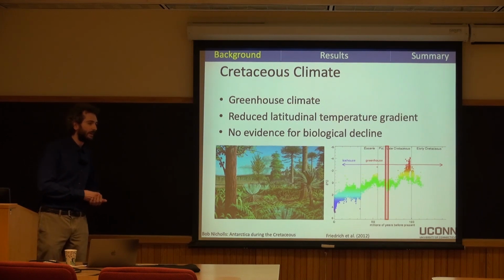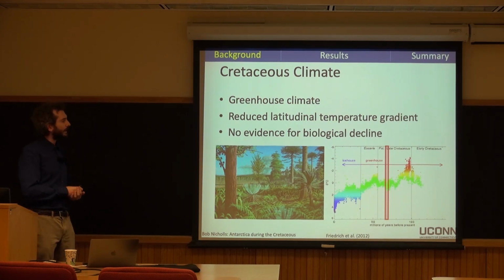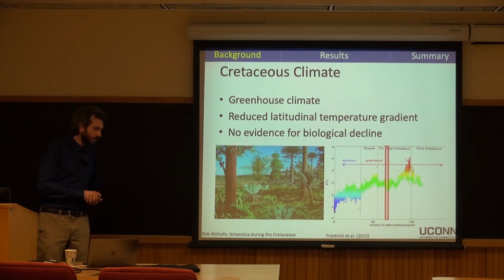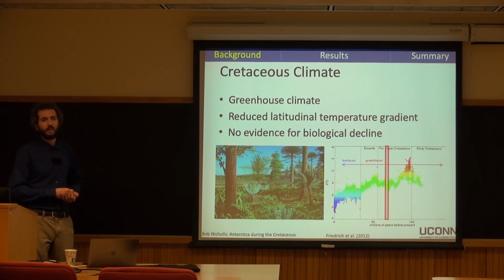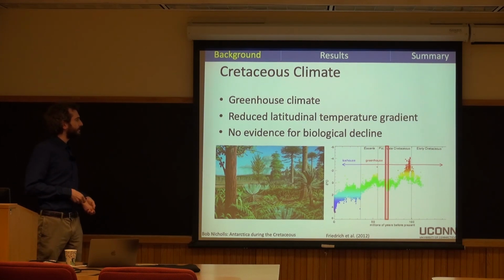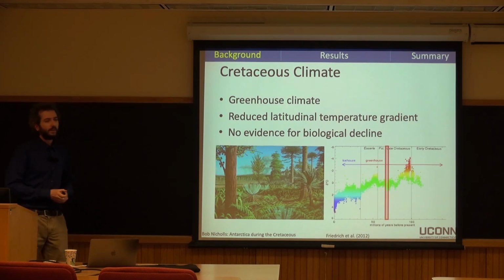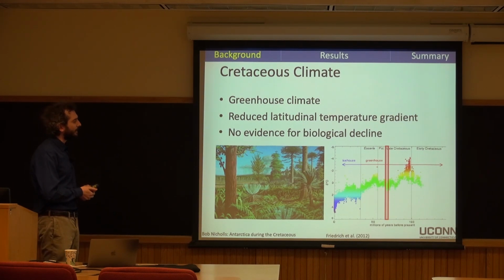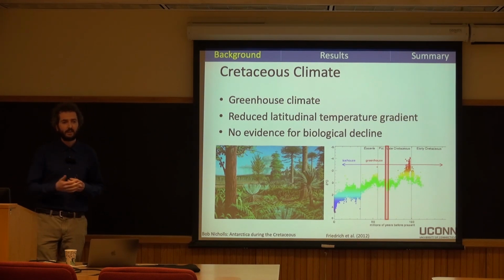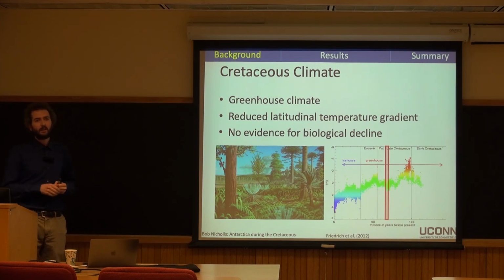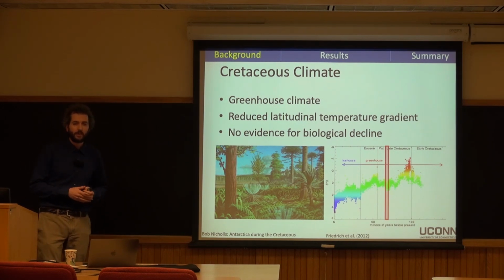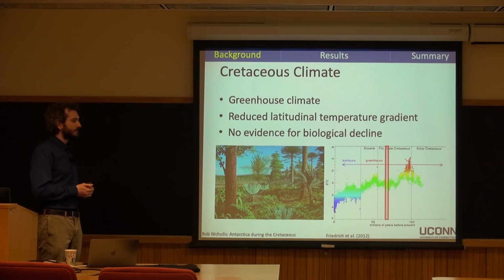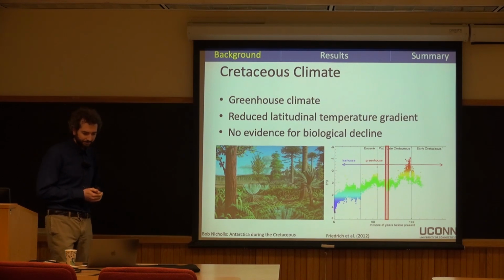So we still have no or minimal ice sheets, a reduced latitudinal temperature gradient due to several different feedbacks within the system. And finally, it seems like biodiversity was doing fairly well at this period of time. Early on, there had been some studies suggesting that biodiversity was maybe already in decline in the latest Cretaceous. But a lot of the more recent evidence suggests that things were doing quite well up until the boundary, and so maybe a more abrupt event than previous studies had suggested.